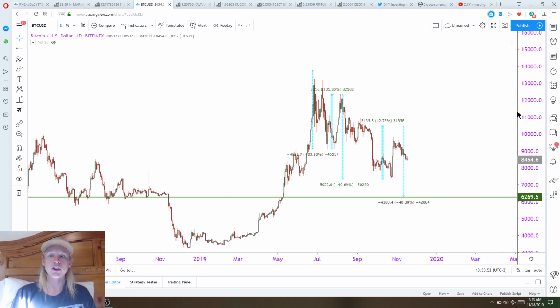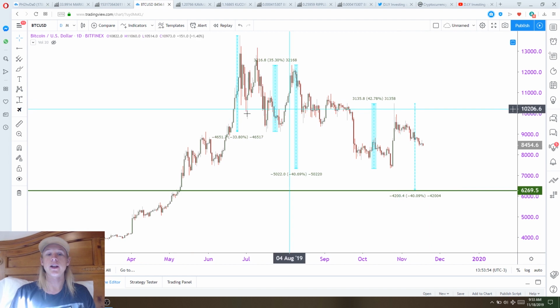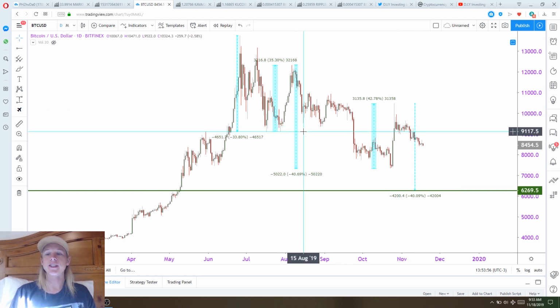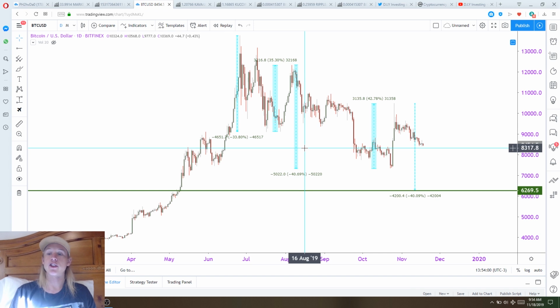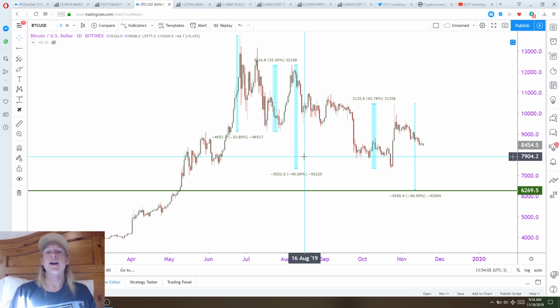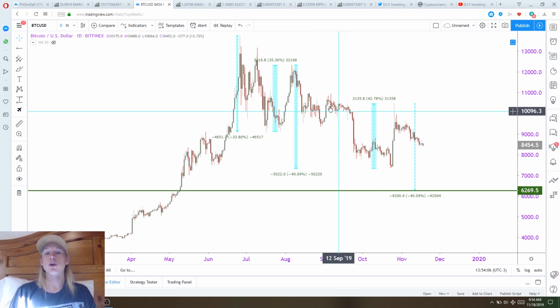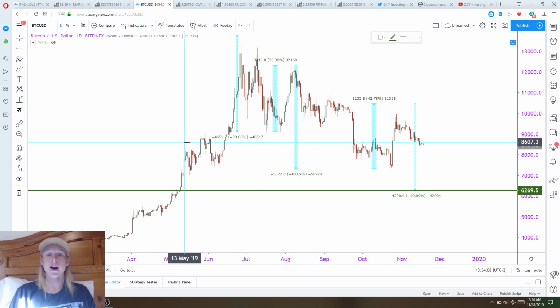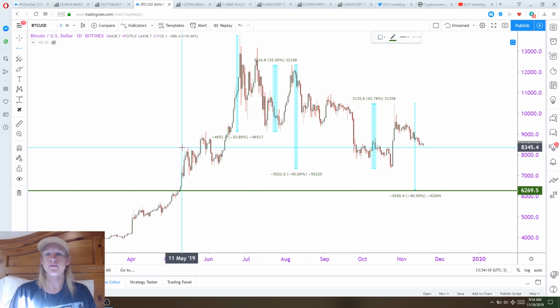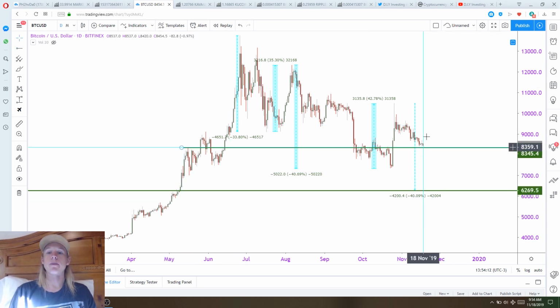Now, you guys know where I've already accumulated. I had my first bid set at 9,100. We got filled there. I had my second bid set at 8,350. We got filled there. And then I have my third bid set at 7,600, and we got filled there. And so overall, I have an average buy entry of 8,350, which would be about right there. And so I'm basically at break even.